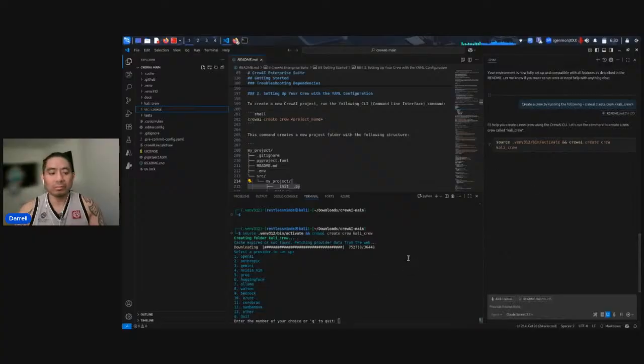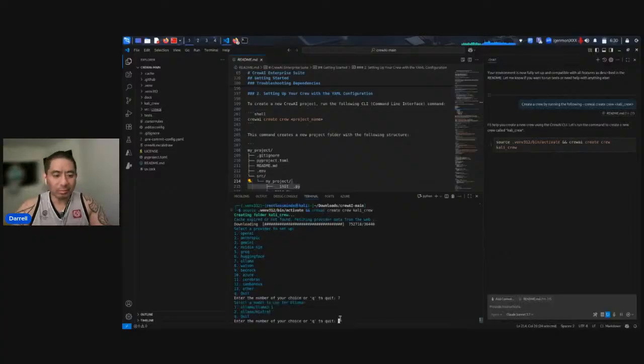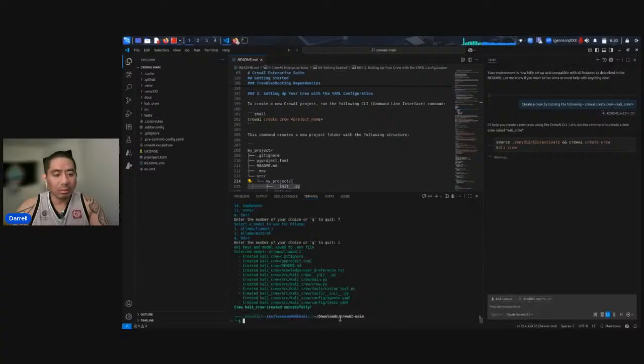So let it do its, actually, let's answer one question. So let's do 7, since I'm using Ollama. And then let's use 1, which is the Llama 3.1. All right, so Kali Crew created successfully.